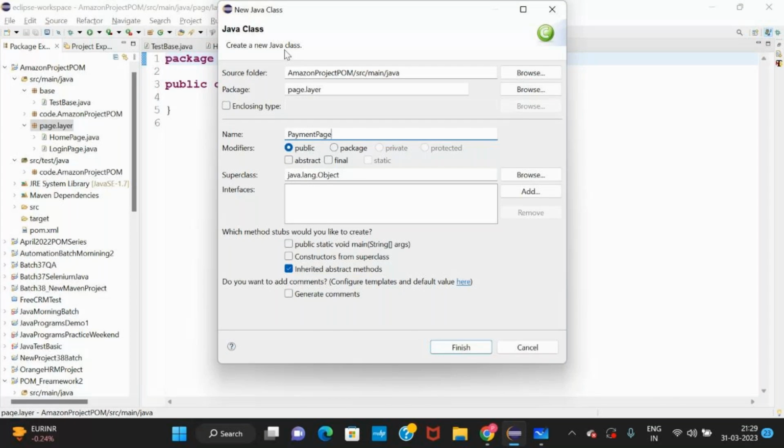In the project you are going to work on after this training, you have to follow this naming convention. What happens if you don't? The lead or manager will understand that you don't have any knowledge of coding.